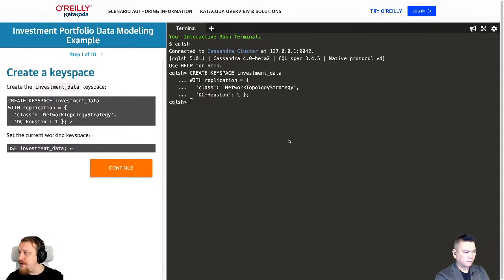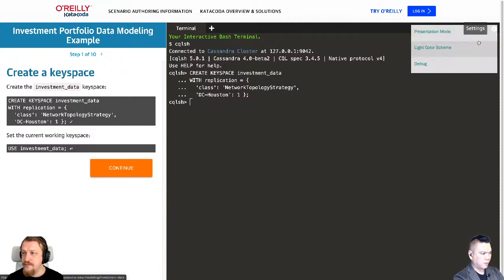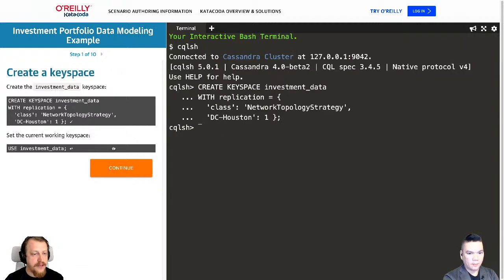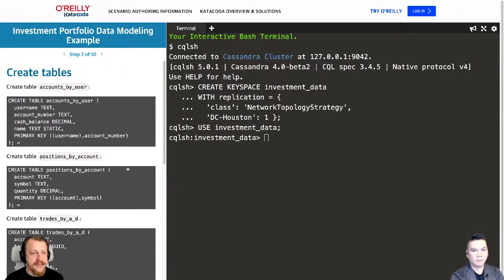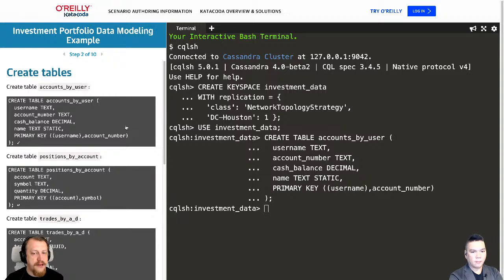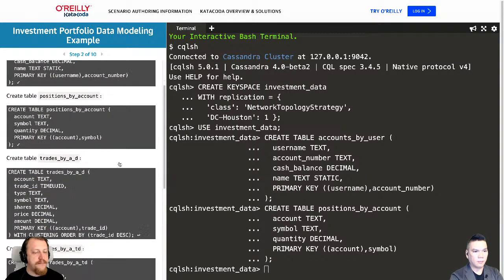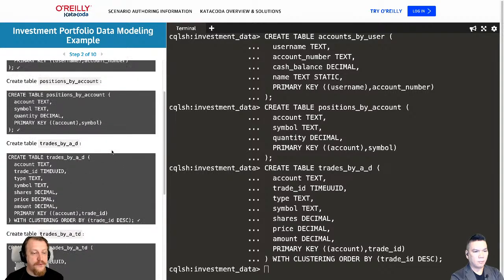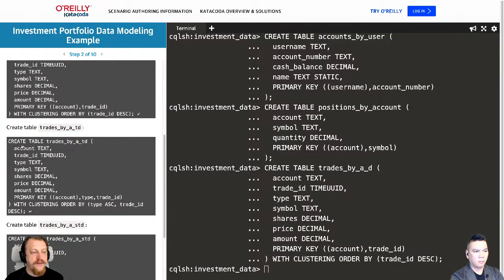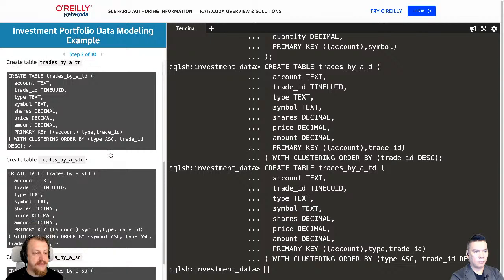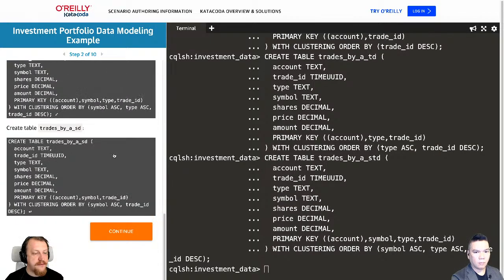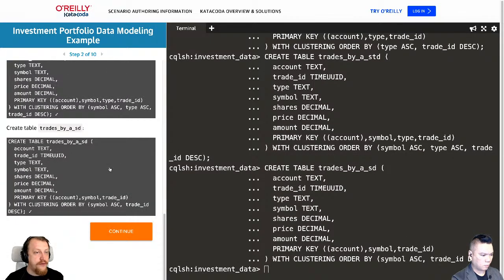So I will be very quick because we are getting close to the end time. At first, I'm creating a keyspace, as you've seen before. I want to make it a little bit bigger. And I switch to use this keyspace. You've seen that before. Then I'm creating tables. I will not stop for too long on them because those are exactly the tables we just discussed, but now in the form of CQL commands. So I'm creating tables step by step. You can review them on your own.